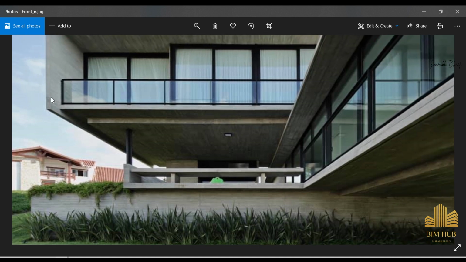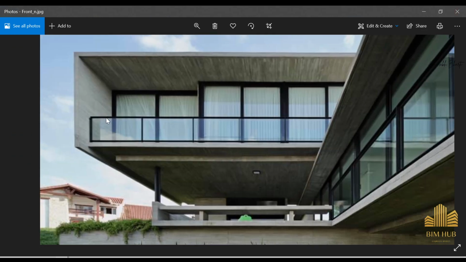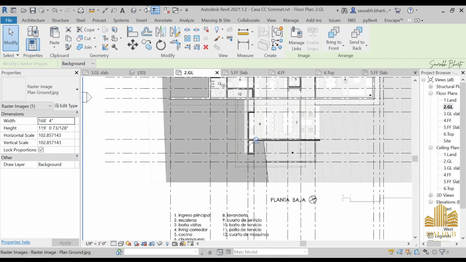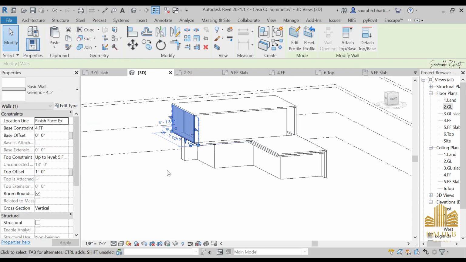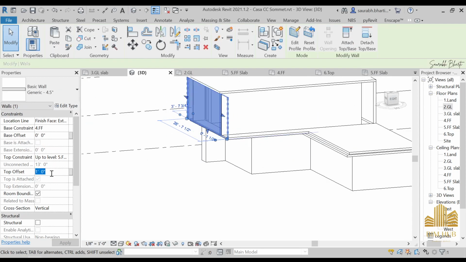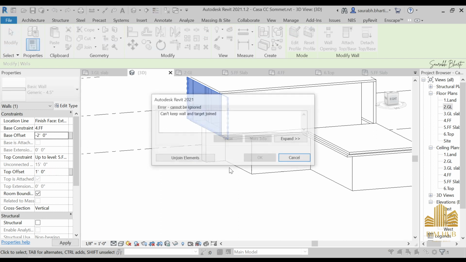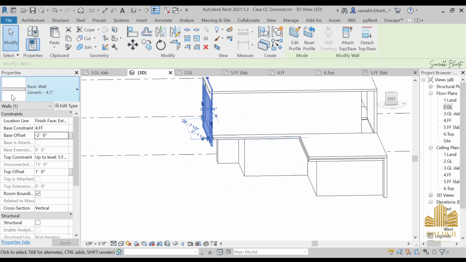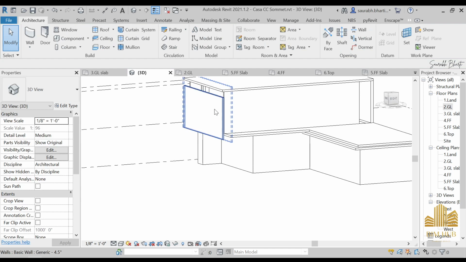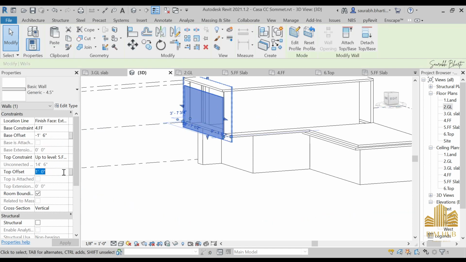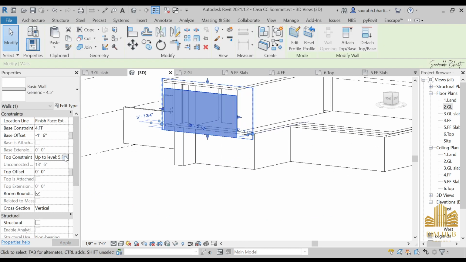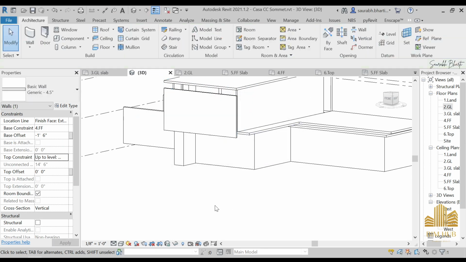So let's try it. Let's just give this an offset or base offset of -1 feet, I think, for that to place. Select this one, give it a top offset of 1 feet, that is fine. Base offset as -2 feet. Let's try it out. Unjoined element. -2 feet is too much. -1 feet 6 inches from this side, and top offset 0, and keep it till top. Okay,